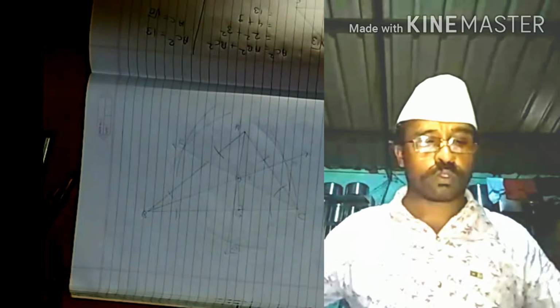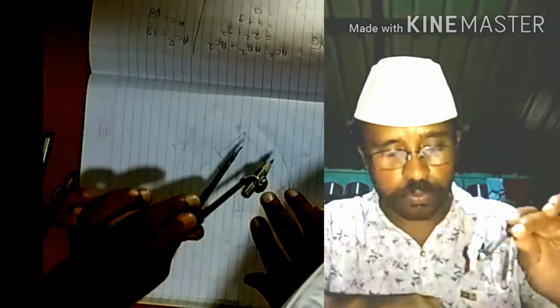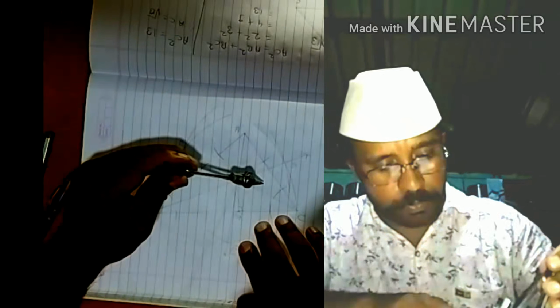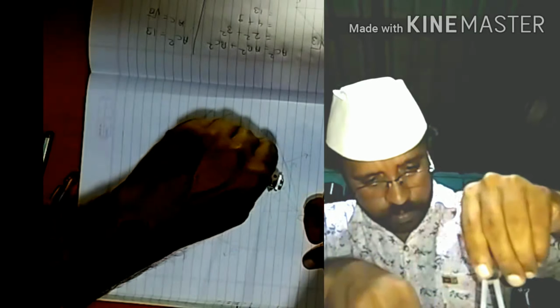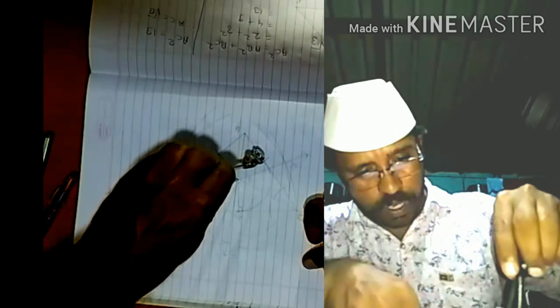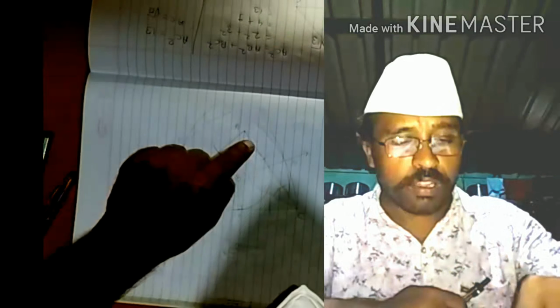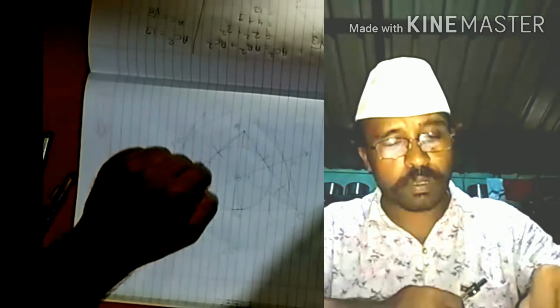Okay guys, now to draw this circle, what do I have to do? I have to take distance in the compass equal to IG, means tip of the compass on I and pencil on point G. So this much distance is equal to IG, and considering I as center, IG as radius, let's draw one circle. This circle is going through the interior and touching all the sides from the inside.